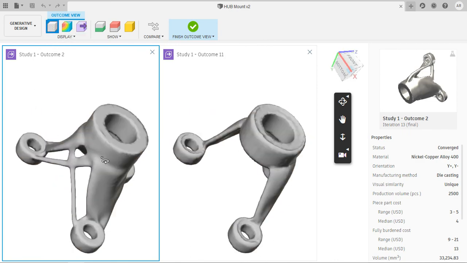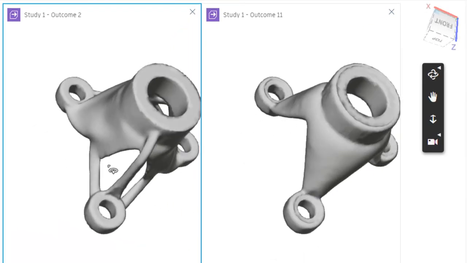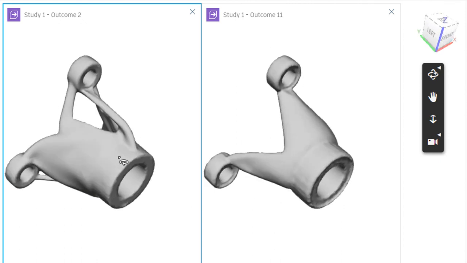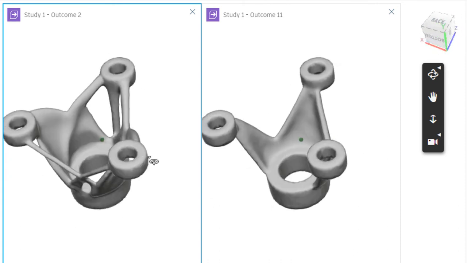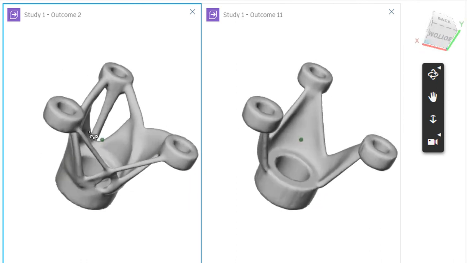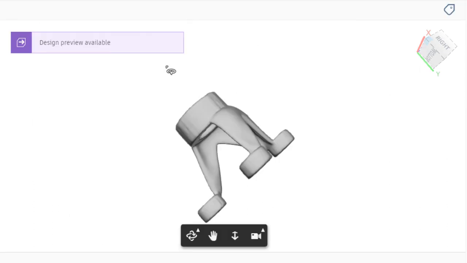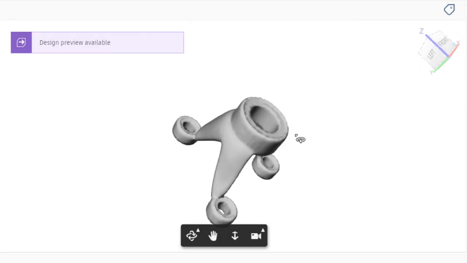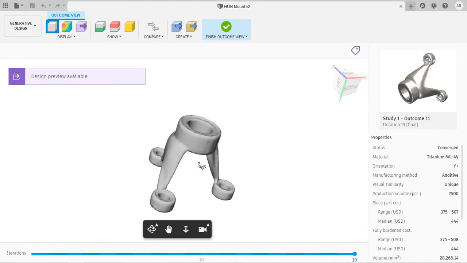I'm gonna switch to model view. In that way I can view the design in detail. To select outcome number 2, we just have to work more on this model to simplify it and get our required result. Also, there is not enough clearance for the tool on all sides. The only clearance is on this side. I'm gonna delete this model also. And now we're left with only one design. That is outcome number 11. This also has some potential problems, but we can simplify this model very easily.